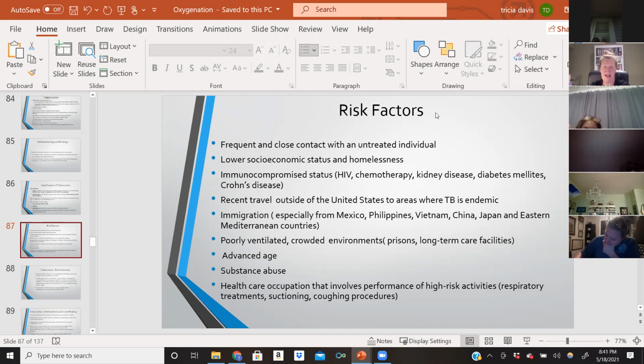of TB there. And then when we talk about areas that are poorly ventilated or crowded environments, so long-term care facilities, prisons, advanced age makes you more susceptible because of all the changes in the lungs. Substance abuse also puts you at risk. And then healthcare occupation that involves performance of high-risk activities. So these are your respiratory therapists. So when they're giving respiratory treatments, they're doing suctioning, coughing procedures, those are all high-risk